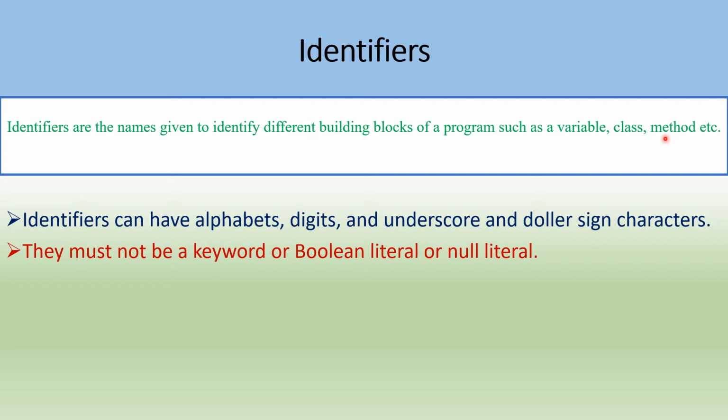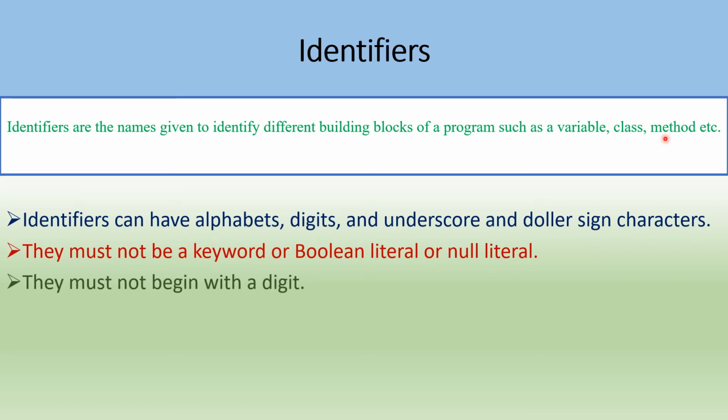Right now I told you that keywords are the reserved words and they are used for the purpose they are designed for. That means while choosing the name of identifiers, you cannot take any name from the list of keywords. That's why when I was explaining keywords, I told you to go through all the keywords given in your book, so that by mistake you never choose a word which is in the list of keywords for naming your identifiers. Next is it should not be a boolean literal. Boolean literal means either the word true or the word false, or a null literal.